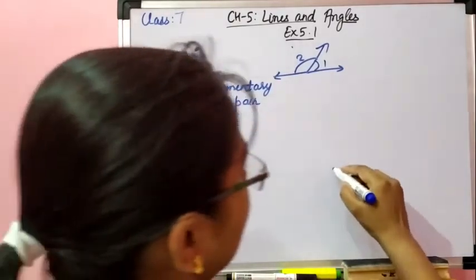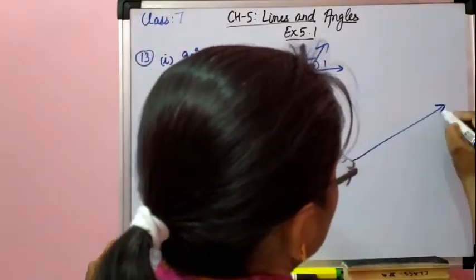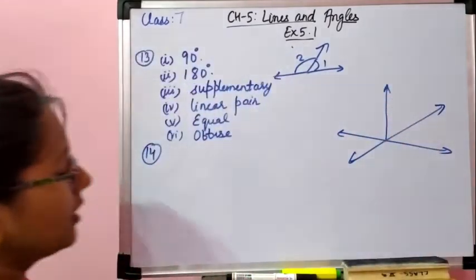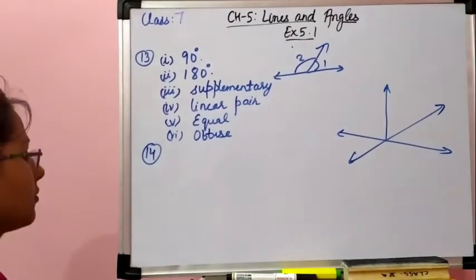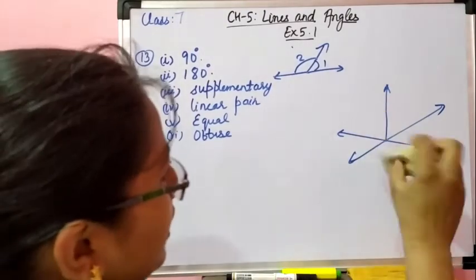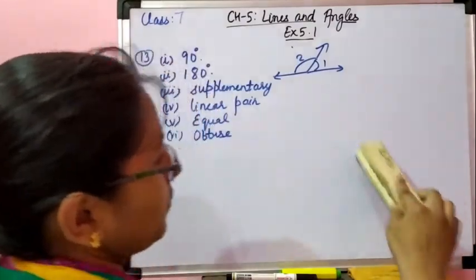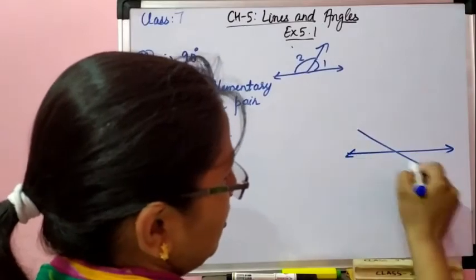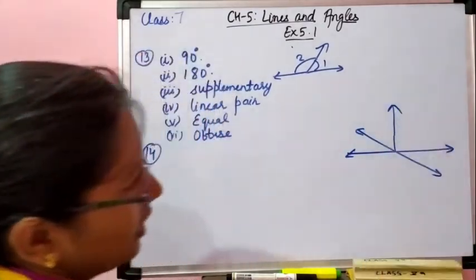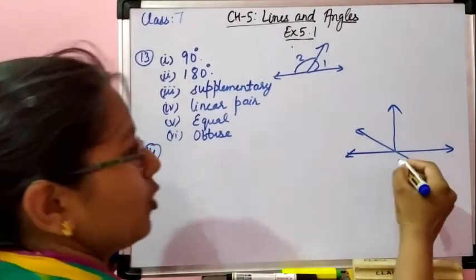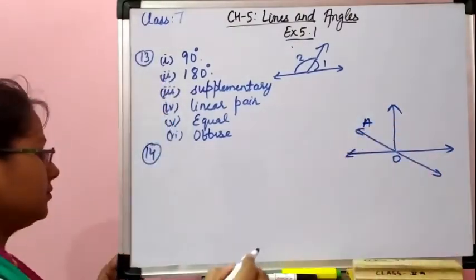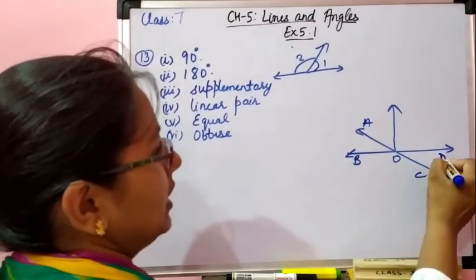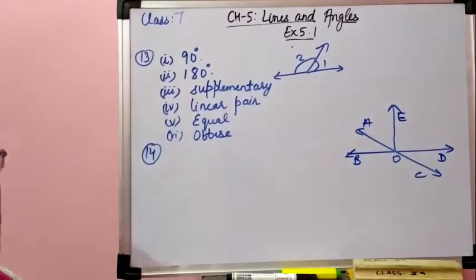Now similarly, let's move to question number 14. The diagram is made like this. Two lines are intersecting and this is one line at the top. Okay, let me change the diagram. It's not correct because there is one straight line. Yes, this is the diagram. Okay, let's name it O, A, B, C, D and E. This is a diagram which is also given in your textbook.